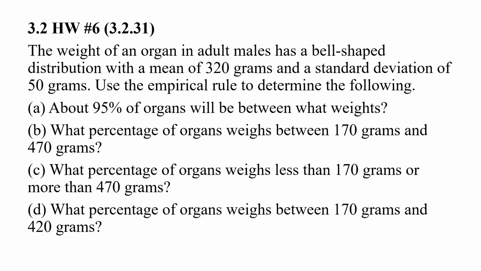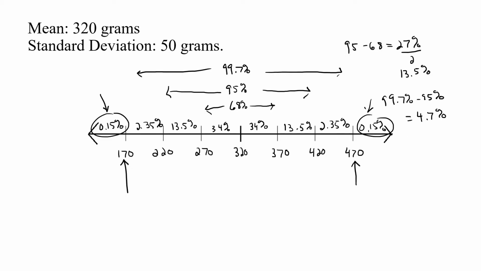And then finally, between 170 and 420 grams, now we'll only go up to 420 instead of 470. So we're going to add 2.35% plus 13.5% plus 34 and 34%, and finally plus 13.5%. If you add those up, you'll get